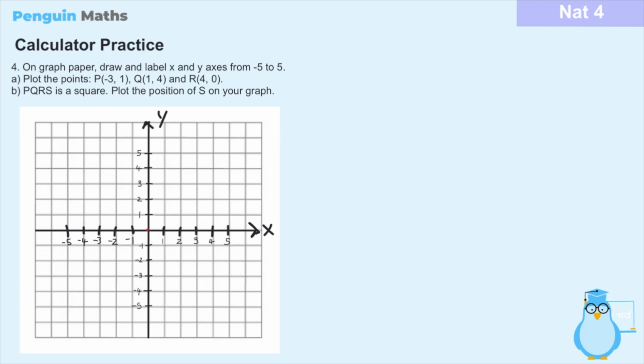And then moving down from the origin, we get negative. So that would be -1, -2, -3, -4 and -5. So that is the XY diagram now complete. Now what I'm going to do is move over to part A, where we're asked to plot these points P,